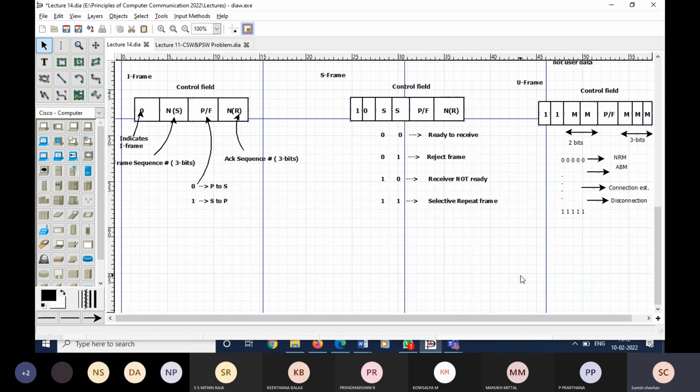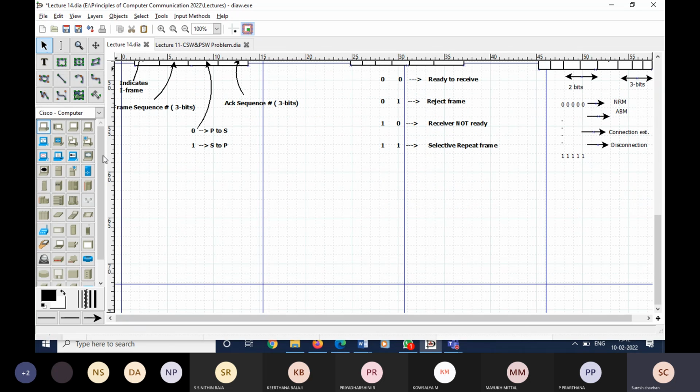So how will it actually happen in real time? We'll see with one example. Say this is the sender, and this is the receiver. So a sender is there and one receiver is there, and we have timelines like this. This is the timeline, and the receiver also will have a timeline like this, correct? So the first frame, right? The first frame,